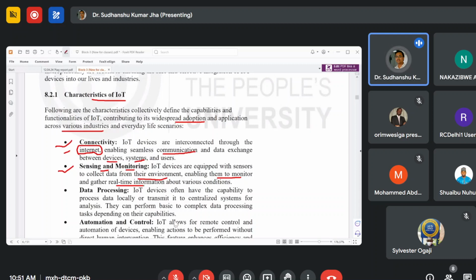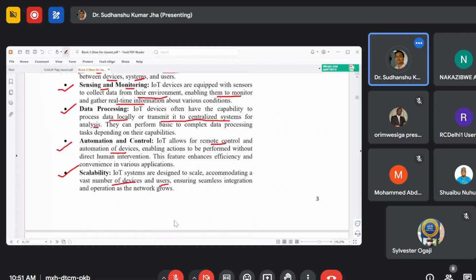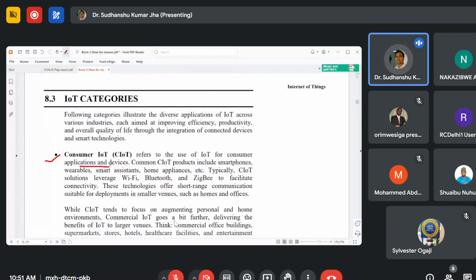So, IoT categories. IoT devices can be categorized into various categories based on their working principle, mostly based on the devices which are being used in a particular domain. The first category is IoT devices which are designed for consumer applications. All IoT enabled consumer appliances fall under the category of consumer IoT, and these devices include smartphones, tablets, sensors, wearables,